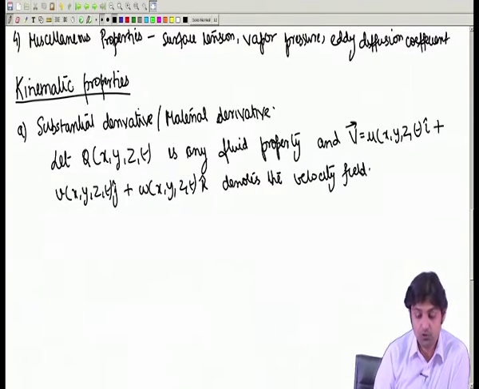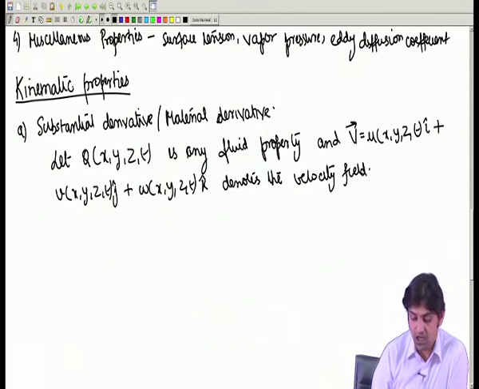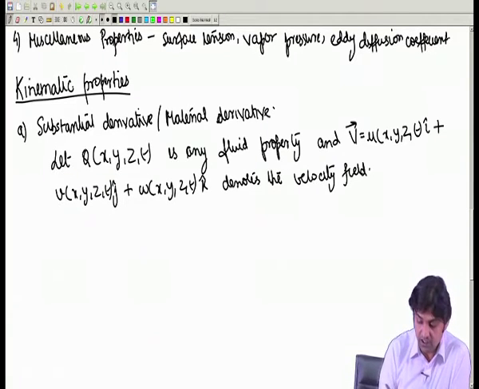So if we assume Q is any fluid property, and V given as u i cap plus v j cap plus w k cap denotes the velocity field, then